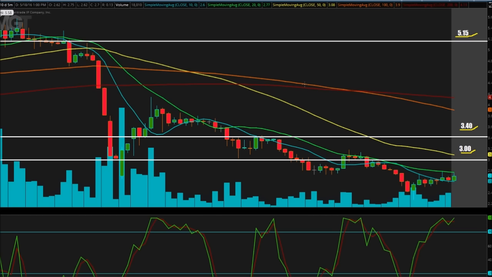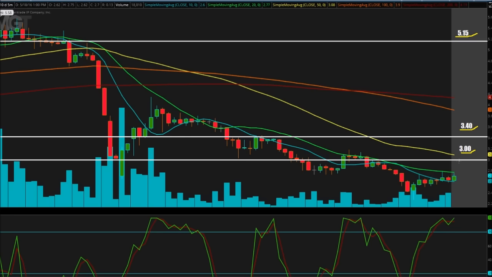It's still up a lot. The overall trend is still up. The intraday trend is down, obviously, for today, but the overall trend is still up. We still have a lot of areas to cover before the overall trend is down. So we're still up a lot on MGT. We just need to get back to $3.